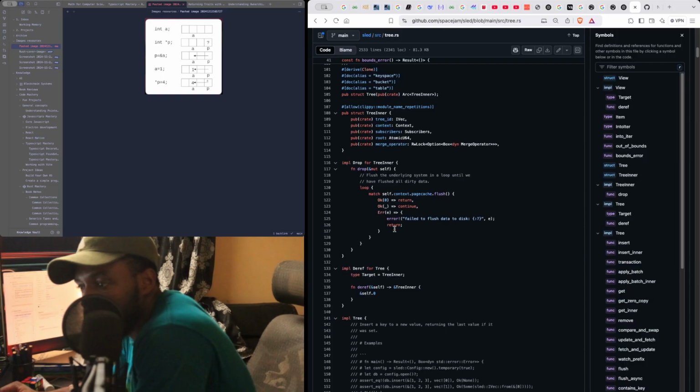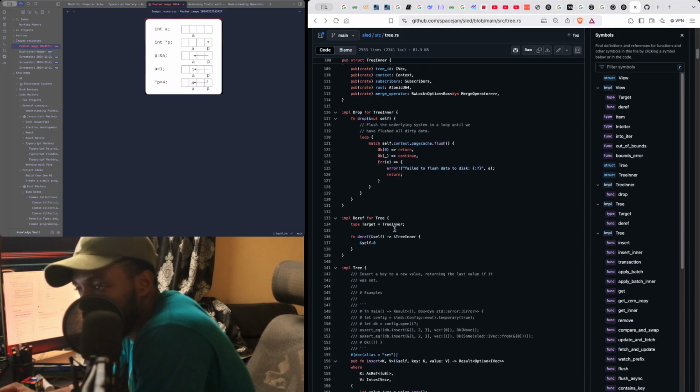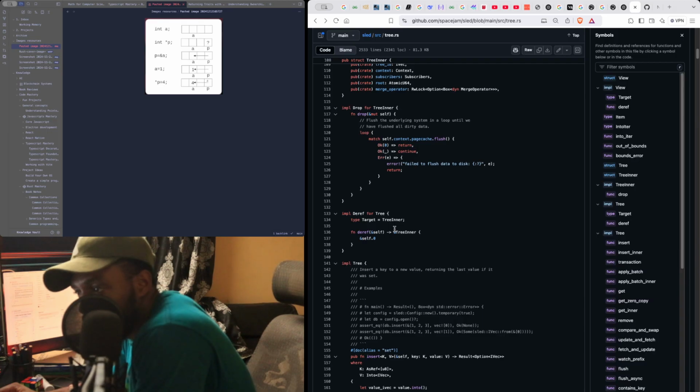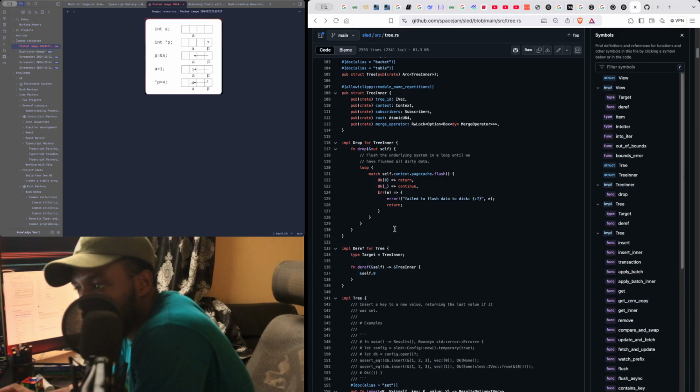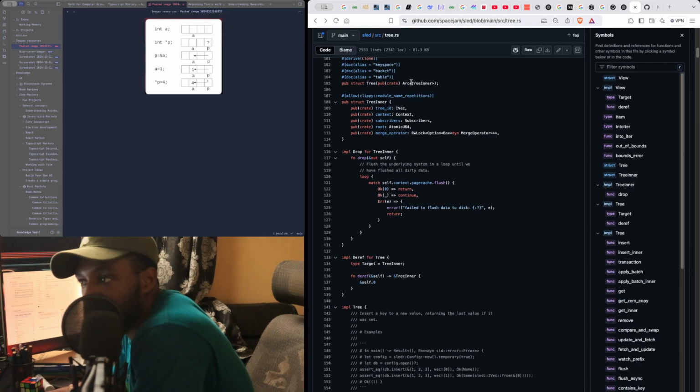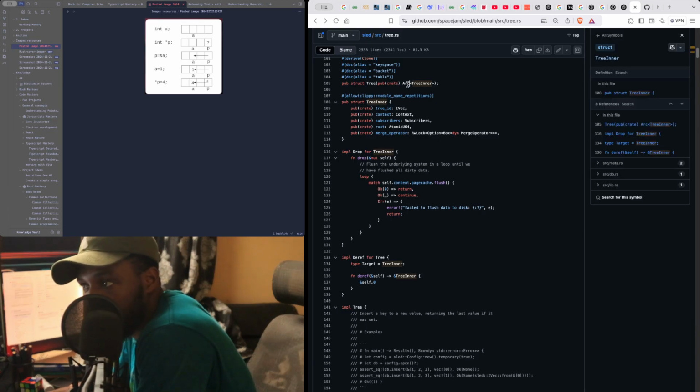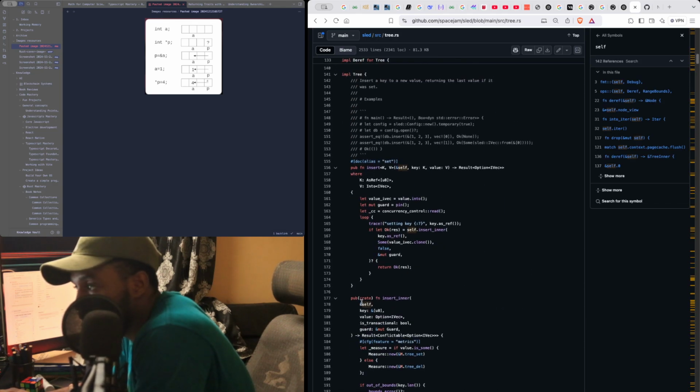And the inner tree has a drop. We have a dereference for the tree, which is obviously just dereferencing the 0, since the tree itself, for tree target return is an inner tree, dereferencing 0, so the tree might actually be 2. As you can see, the inner tree is obviously an atomic reference counter, so dereferencing the atomic reference counter in the trace implementation. Okay, and to insert into the tree, we take in the key value pair,